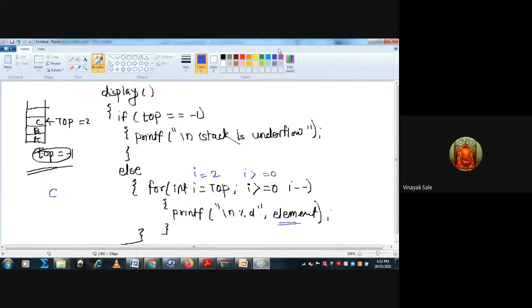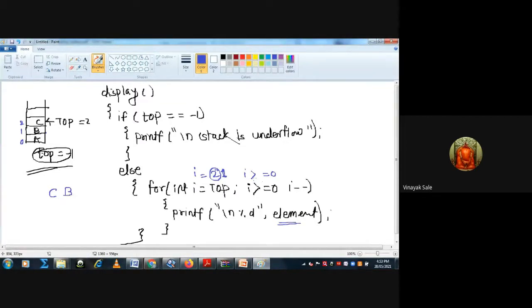Initially the value of i is 2. After decrementing it will become 1. So top goes to the first position, and we print the value there, that is B.